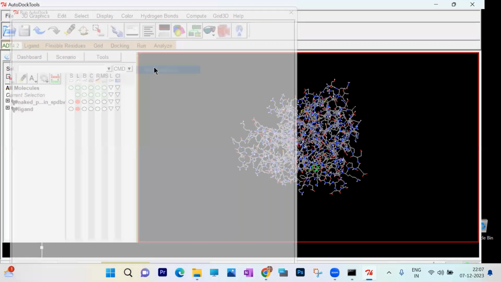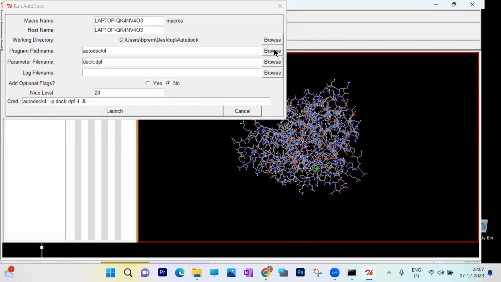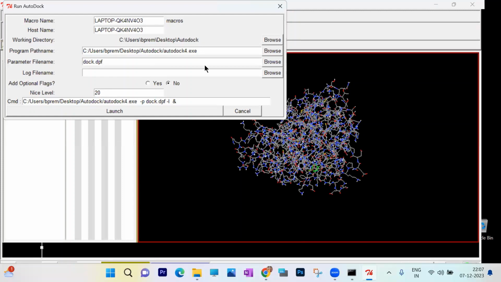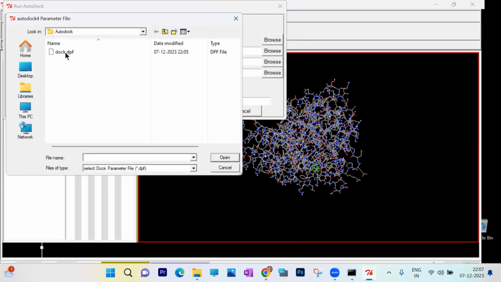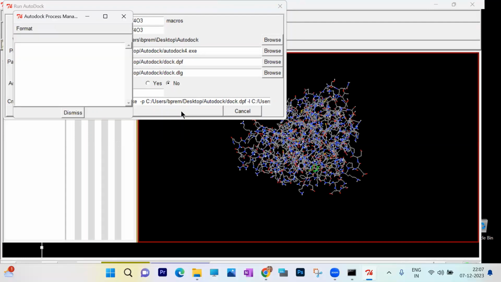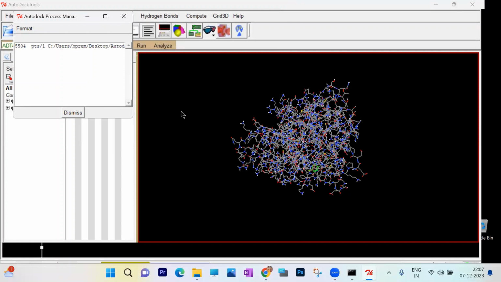So run AutoDock. You go to program, path name, that is autodock.exe, give it. Then the parameter file name is doc.dpf, open. So it will generate a log file. You just give launch. This will take a few minutes. As soon as it gets completed, it will generate a doc log